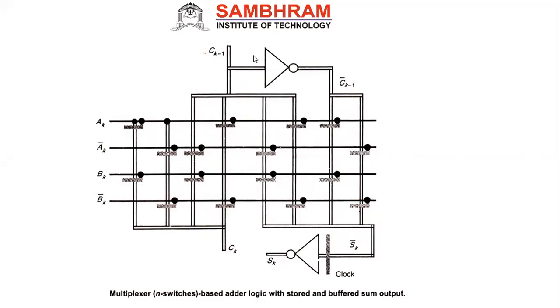But you see, one more thing we did additionally here. Did you notice? We used something here to store and buffer some output. What is the use of this? Actually, I have to get the output as 0, right? For example, if I'm getting the output as 0 over here, I need to store it in some buffer. For example, this is one buffer. If this is yes, then this is supposed to be yes bar. That is why I added this extra here. This diagram will be like this actually.